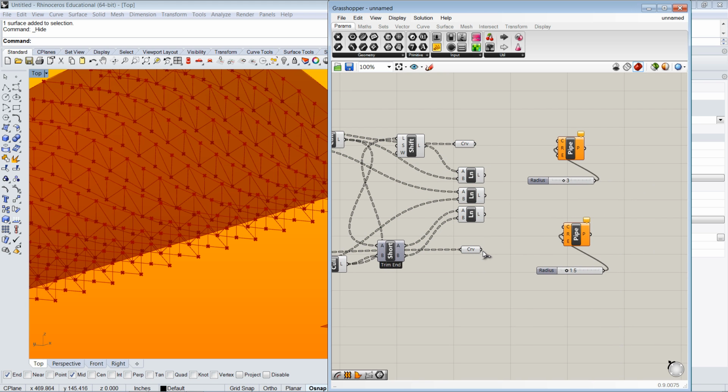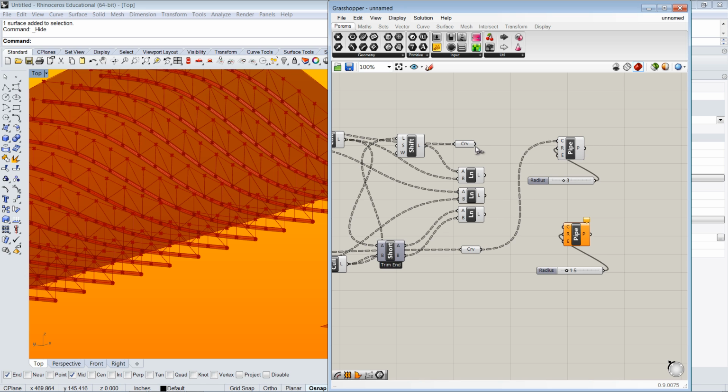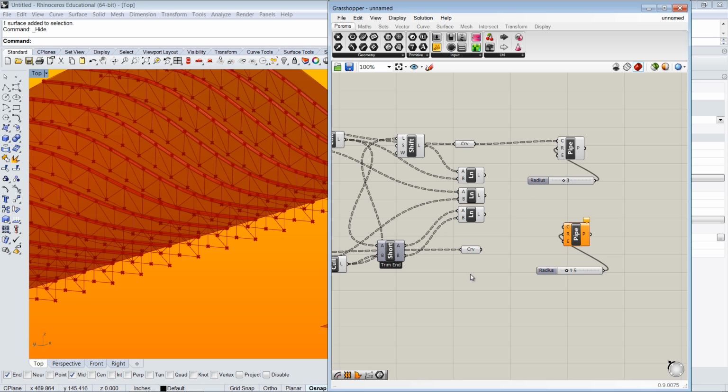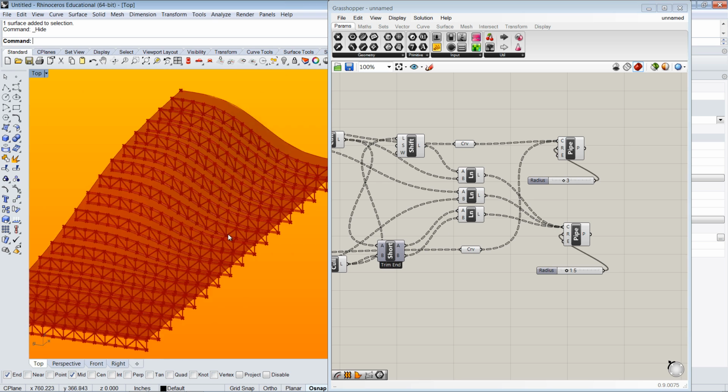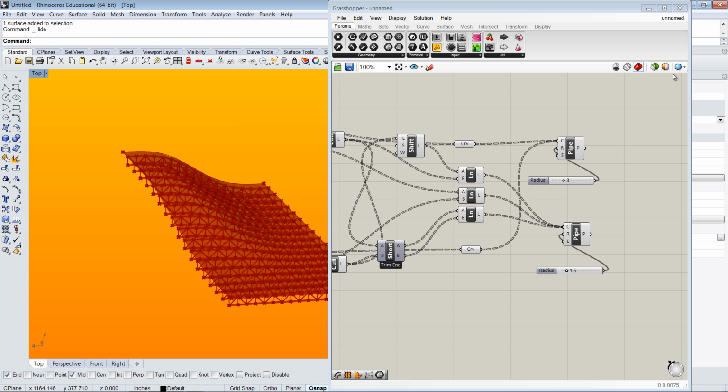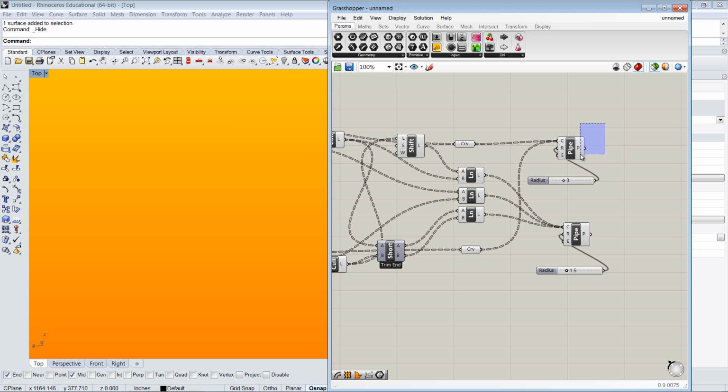So I'll plug in the top and bottoms into the 3-inch radius. Hold down Shift. And for these ones, I'll add those to the 1.5 inches. So turn back